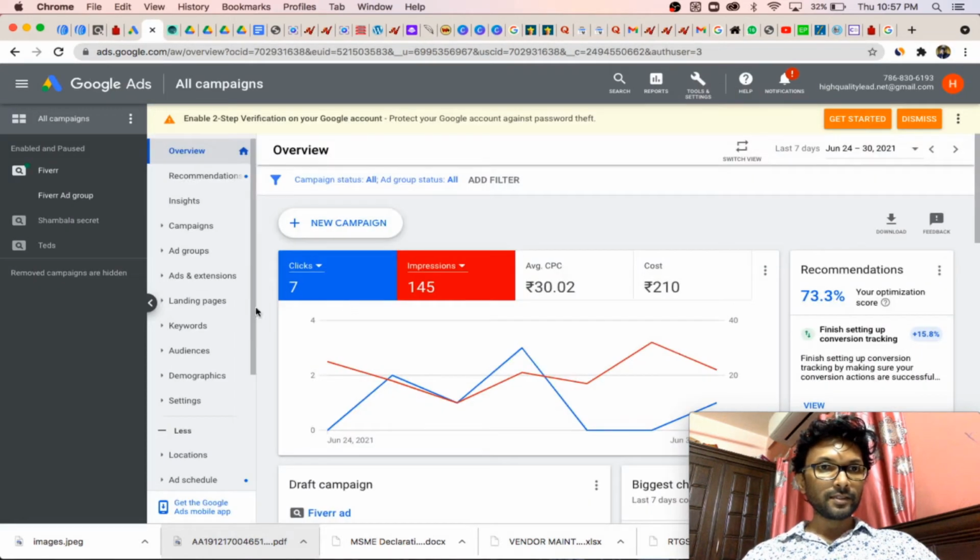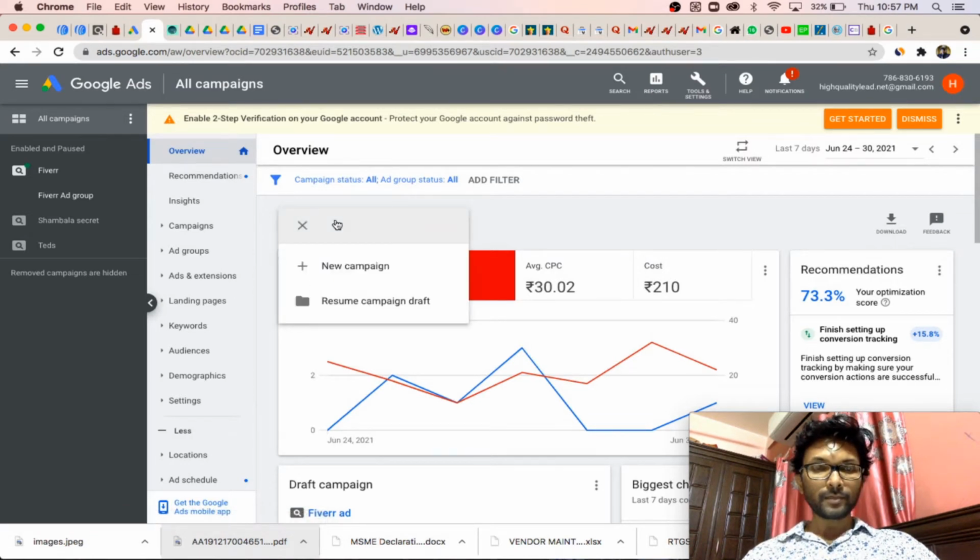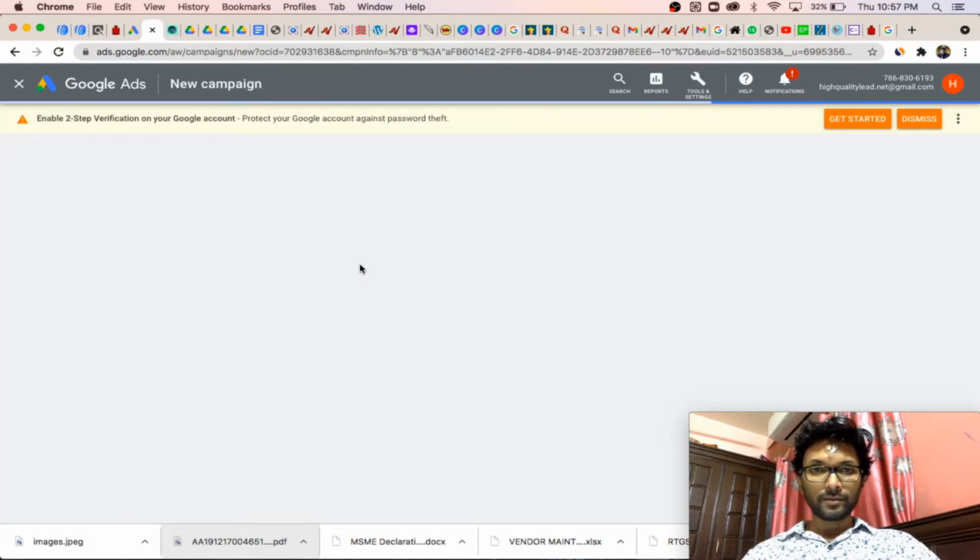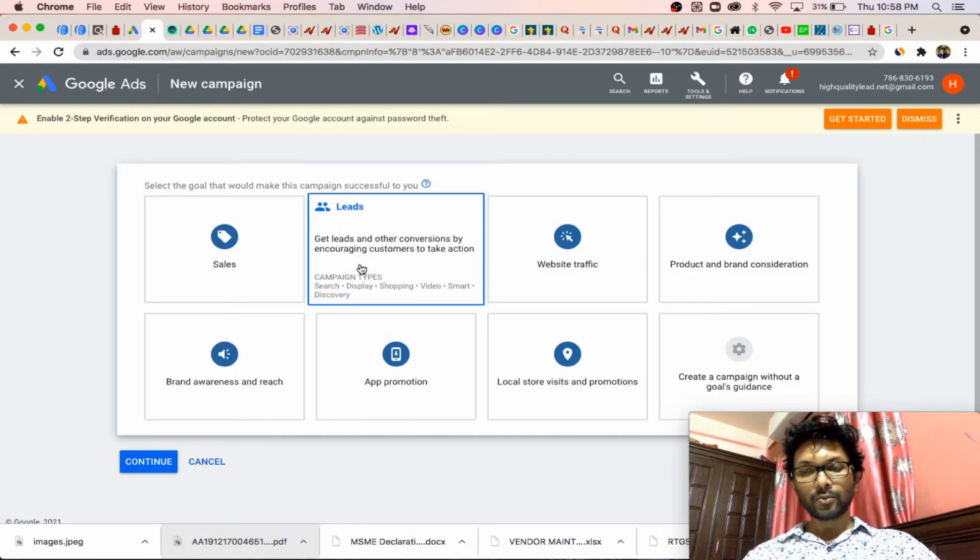Just create a new campaign, but before creating a campaign, add your details of credit card, debit card, or any payment method, whatever payment method you want to use, like Paytm or anything. You can do that first, otherwise Google will not allow you to run the ad. If you are an affiliate marketer running Google ads, you are aware of these things.